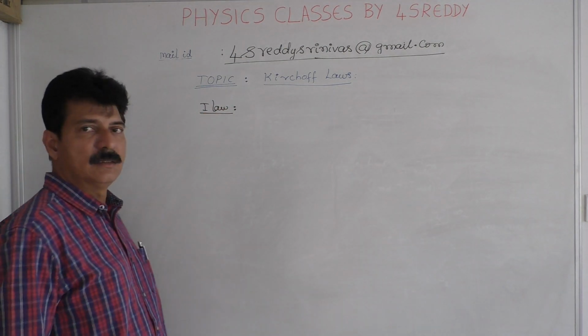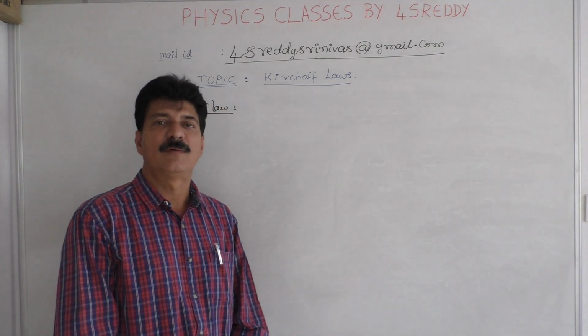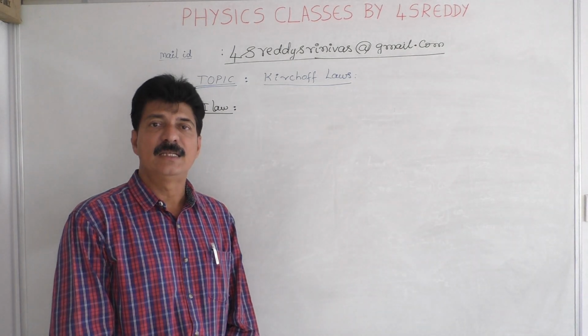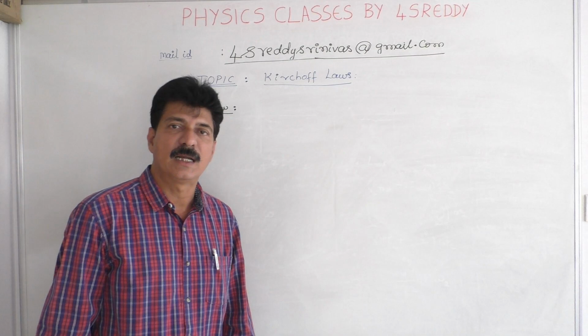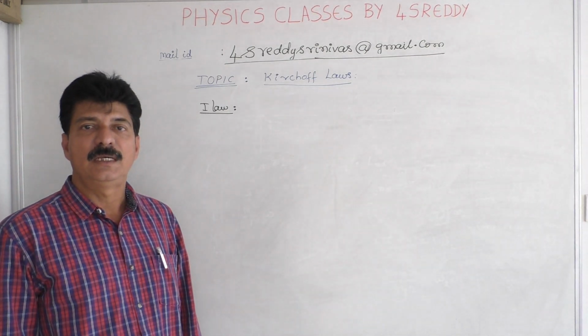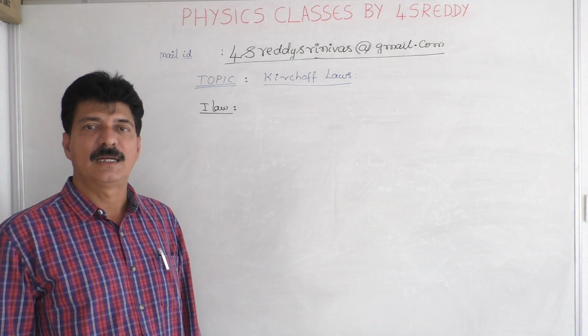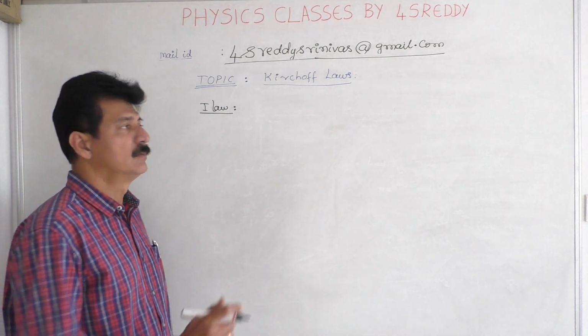it states that the algebraic sum of the currents at a junction is zero, or the sum of the currents entering the junction is equal to the sum of the currents leaving the junction. That is,